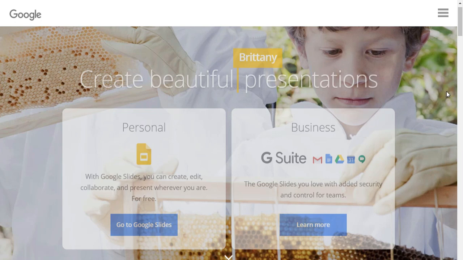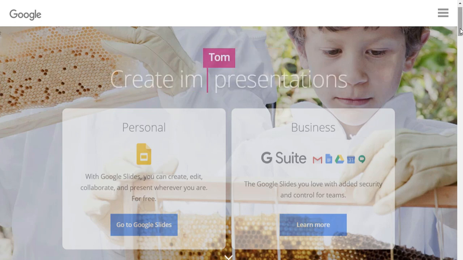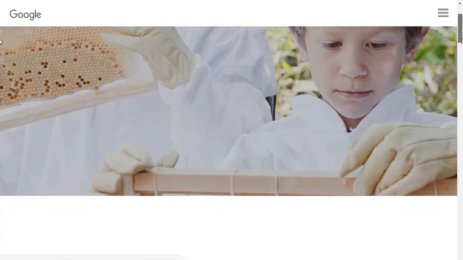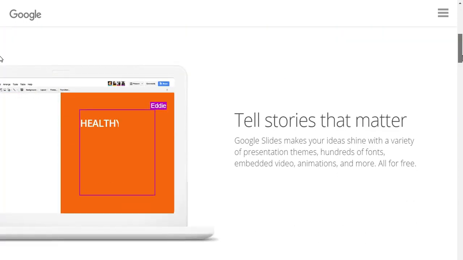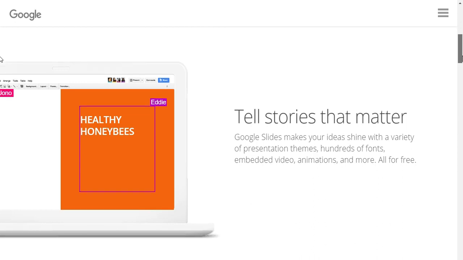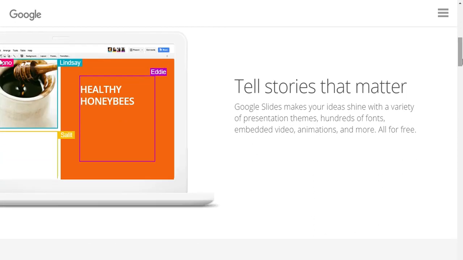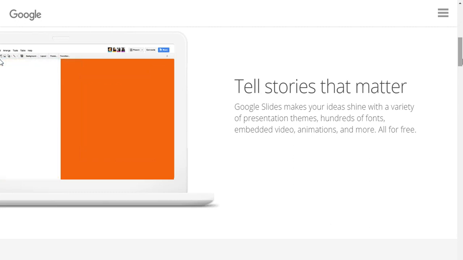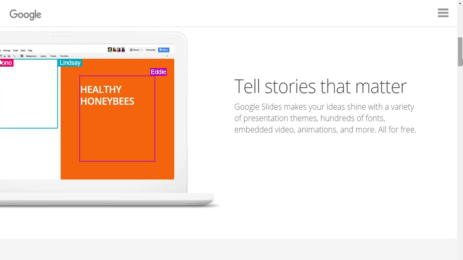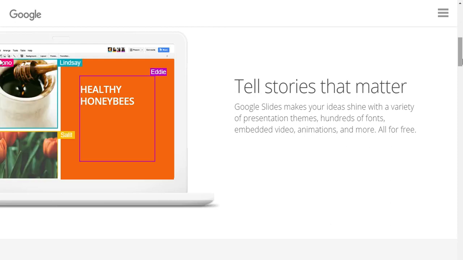And then you can present it anywhere for free. So as I said, you don't have to install any software. Google Slides is free and open source. Then using Google Slides, you can make your ideas shine with a variety of presentation themes, fonts, videos, animation and many more, and all that is free.